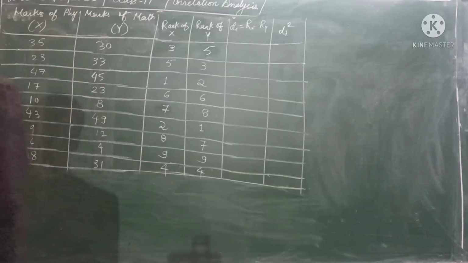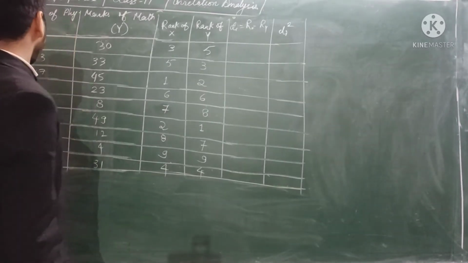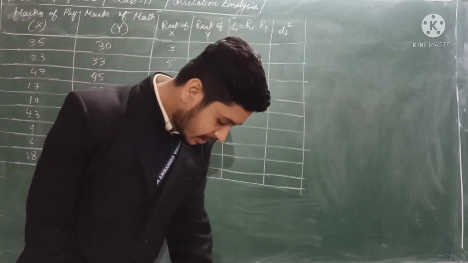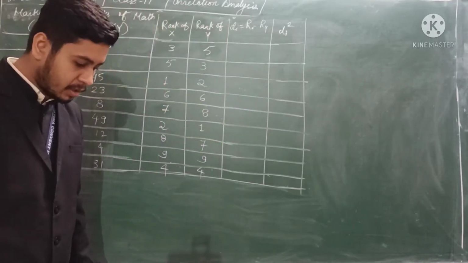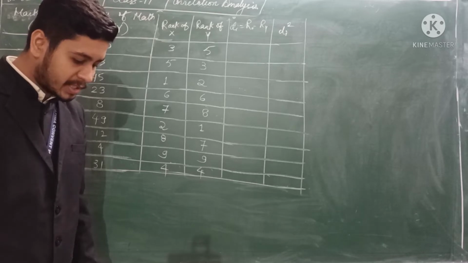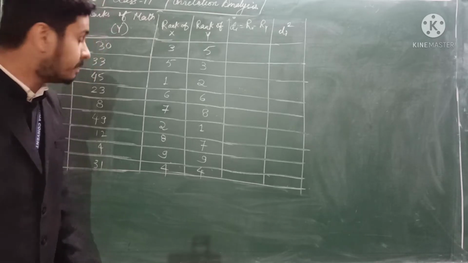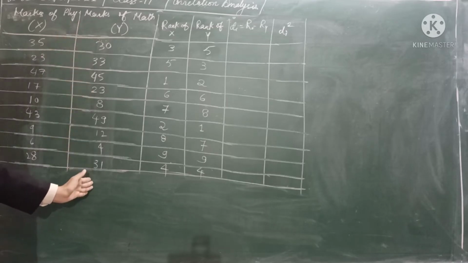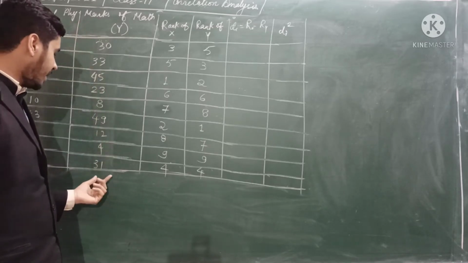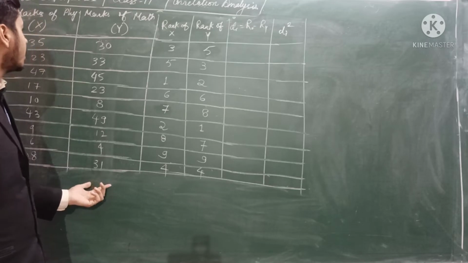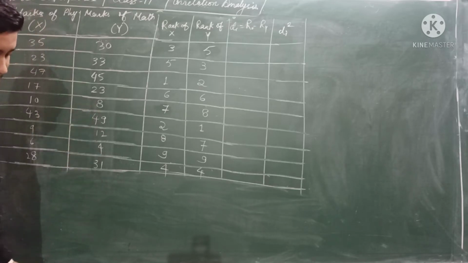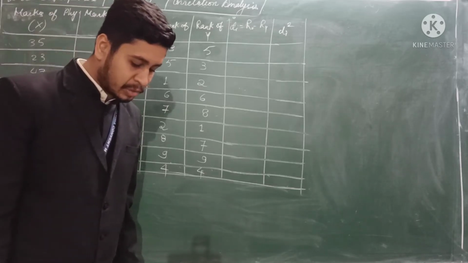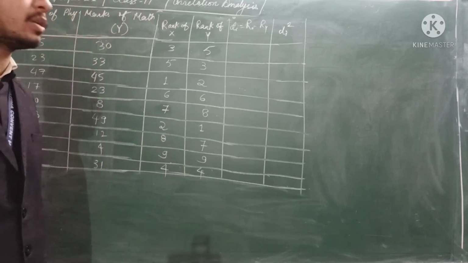Okay, so now please try to understand. I've taken one question here, and I've arranged the things also. I'm reading the question. Marks obtained by 9 students in physics and mathematics are given below. This column is the marks of physics of those 9 students, and these are the marks of mathematics of those 9 students. We have to find Spearman's coefficient of rank correlation, and we have to interpret the result also.